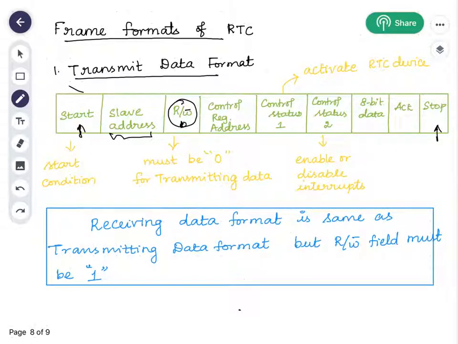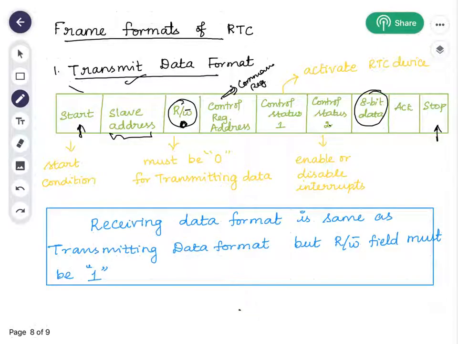So this particular field must be 0 in case of transmitting data. Then, followed by the operation performed, we must mention the control register, that is nothing but the command register.